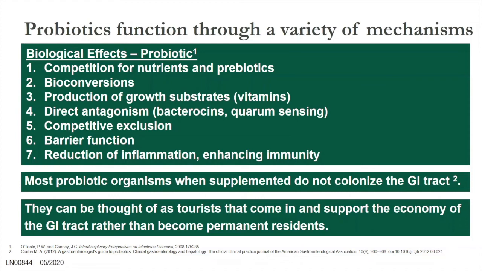Direct competitive exclusion, so you have microbes that can compete for barrier sites, or where they would bind and outcompete one another in a number of different ways. As well, they can influence the function of the GI barrier. They can have direct impacts on the tight junctions or the various other aspects of that GI microbial barrier. They can reduce the amount of inflammation, as well as enhance the immunity of the whole body.